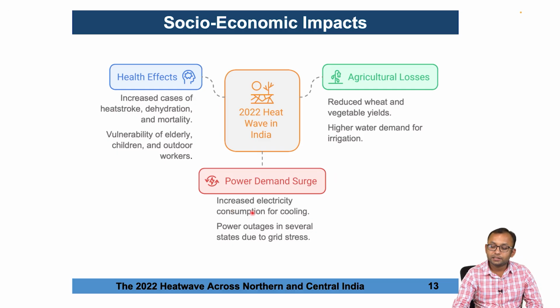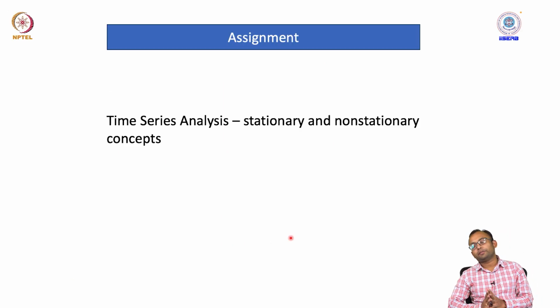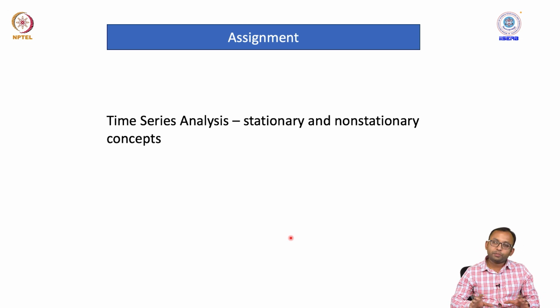We have increased electricity consumption for cooling, ACs and all, that leads to power outages in several states due to grid failure. That is also some sort of indirect effect caused by these heat wave conditions in different parts of the world. So, in this particular week we have talked about 3